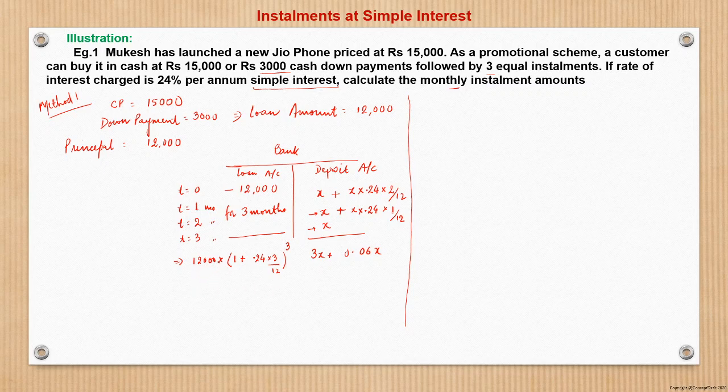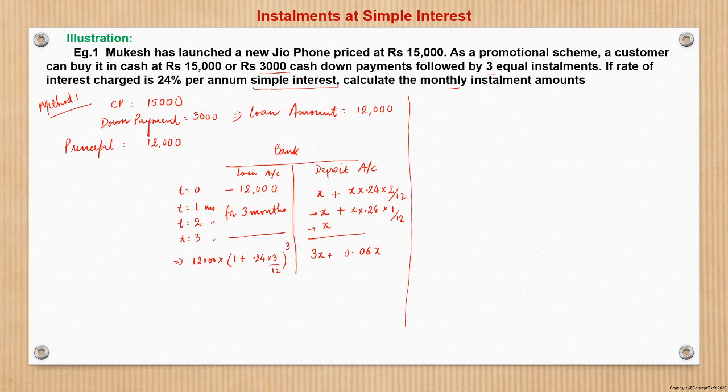Future value, or the compound interest, says that here in period we are considering a monthly period. So what is the interest per month? Interest per month is 24%, that is 0.24 is the annual rate. So per month it will be 1 by 12, and for 3 months it will be 3. So 1 plus 0.24 into 3 by 12 raised to power 3 for 3 periods. So this is the value of the loan account after 3 months, and this is the value of the deposit account after 3 months, after the earning on the interest.